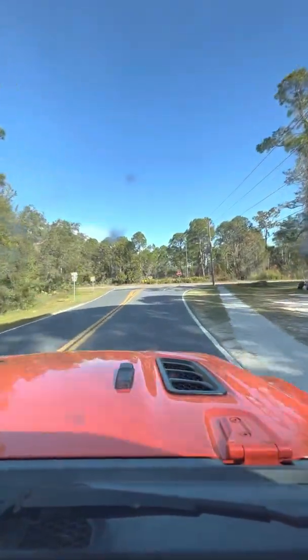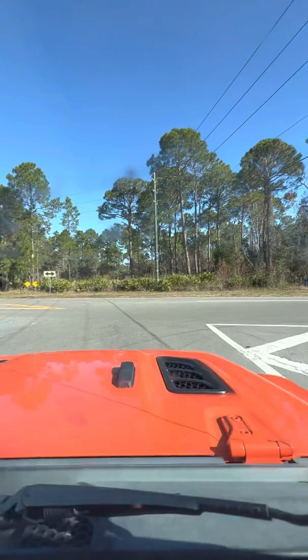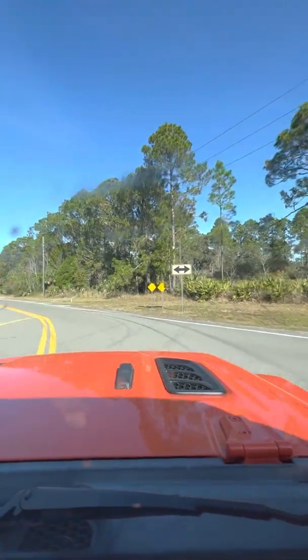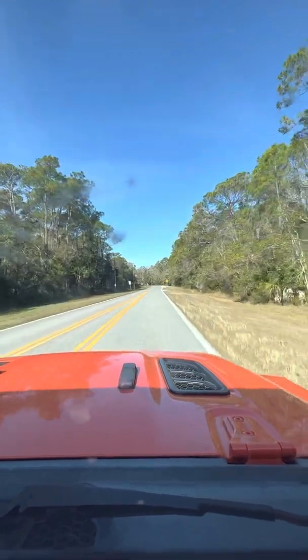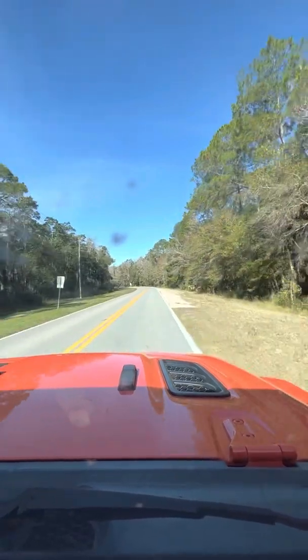You can smell them coming. Boy, they are odoriferous. Okay, we're here at State Road 50. State Road 50 is a main east-west artery across the entire state of Florida. If you turned right there, you could drive all the way to New Smyrna Beach on the Atlantic. We're going to actually go the opposite way. We're going to go west, and we're going to head to